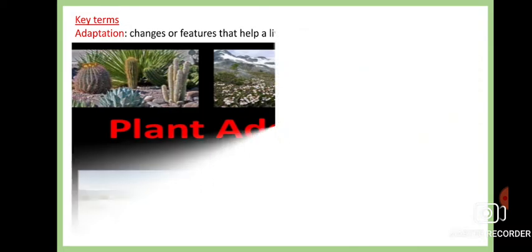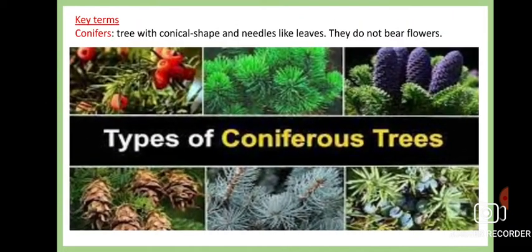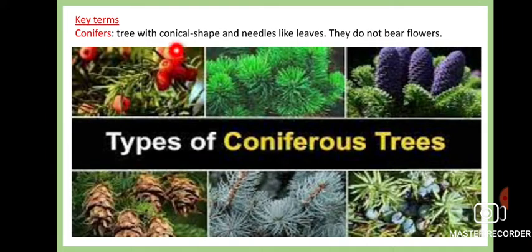Next is the conifers. Conifer means the tree with a conical or needle-shaped form. They generally don't bear flowers. See, these are the cones of the pine. These are the conical-shaped leaves. These kinds of plants are generally seen in the mountains. Here you had seen all the cones of the pines, or the leaves which are cone shaped, and definitely the shape of the plant is like that of a pyramid or a cone.